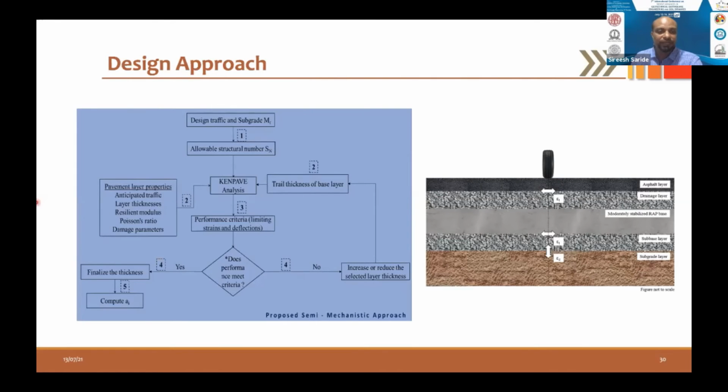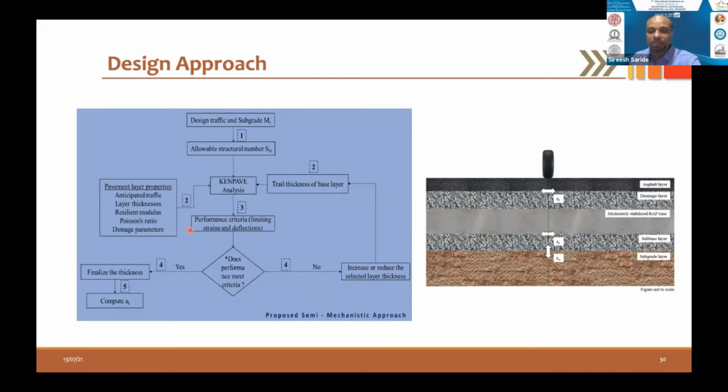So this is actually a framework that we have created, which is called the semi-mechanistic approach, because if you look at AASHTO's design guideline, it is mechanistic-empirical, because empirical equations are also generally used in these pavement designs. So we wanted to reduce that by taking more mechanistic parameters, like resilient modulus, shear strength, and other properties, and also considering the climatic conditions like durability and leaching effects and other environmental factors to propose the